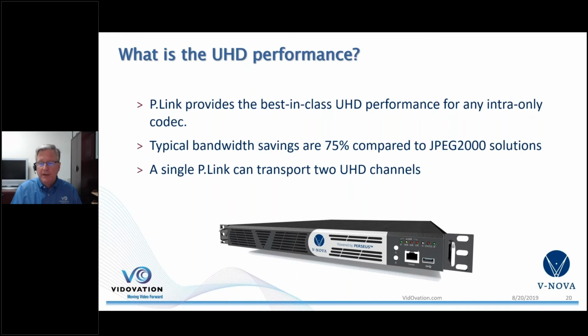One takeaway is that Perseus is so efficient. It can handle a 4K signal with the same bit rate as an HD signal with JPEG 2000. So it does have that 4-to-1, or 75 to 80% more efficiency compared to JPEG 2000, which I think we